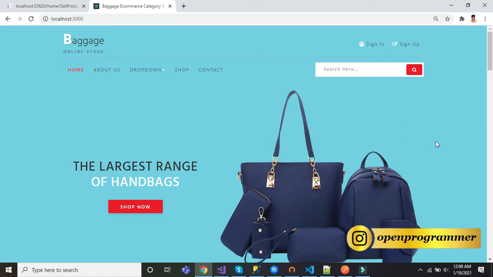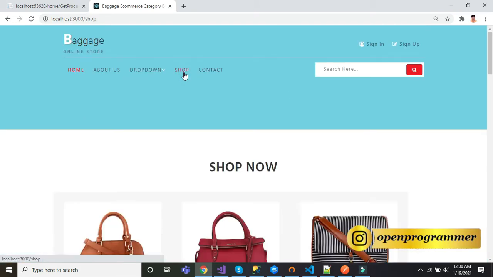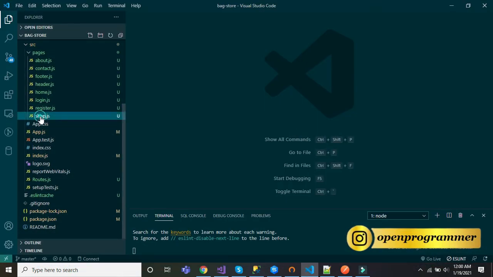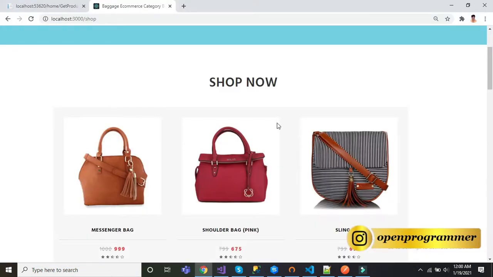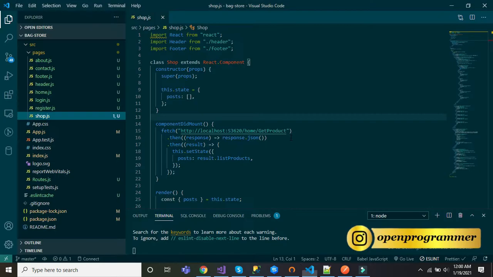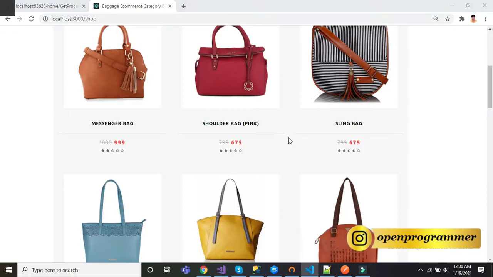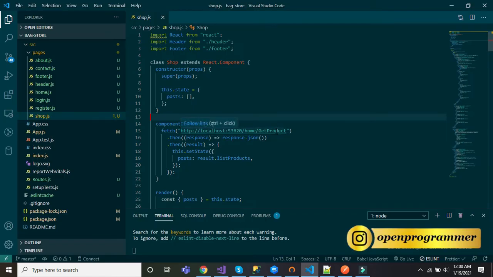So this is part number 4 of our React e-commerce application. Till now we have created this page, let me show you the shop page. We are getting all these products from our API through a class component. But based on the comments and response, you guys demanded to create the same page using React hooks. So I will use React hooks to get these products from our API and render them on the page. Let me show you the API.